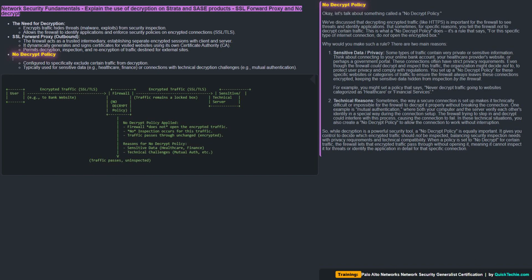You set up a no decrypt policy for these specific websites or categories of traffic to ensure the firewall always leaves these connections encrypted, keeping the sensitive data hidden from inspection by the firewall. For example, you might set a policy that says, never decrypt traffic going to websites categorized as healthcare or financial services. 2. Technical reasons. Sometimes, the way a secure connection is set up makes it technically difficult or impossible for